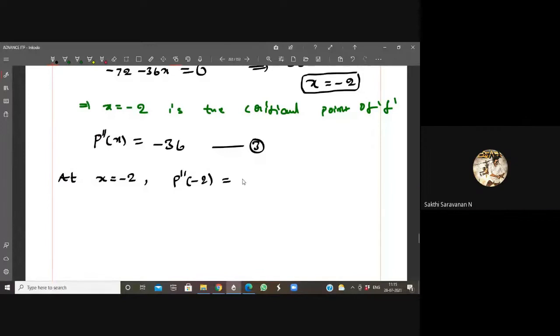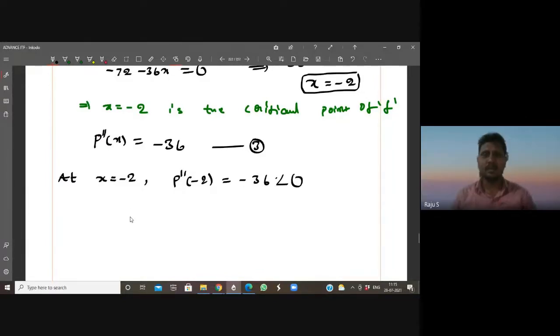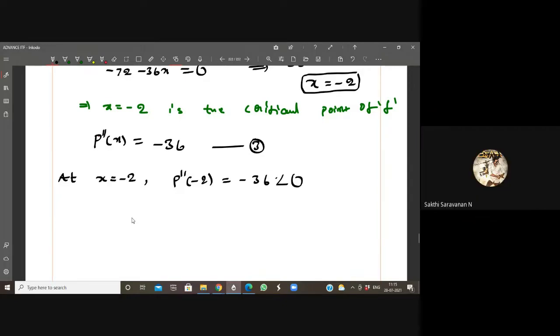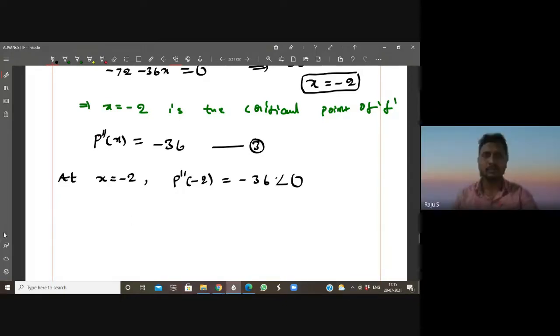Minus 36, which is lesser than 0. Therefore, by the second derivative test, what shall we conclude here? Maximum. Yes. So by the second derivative test, x is equal to minus 2